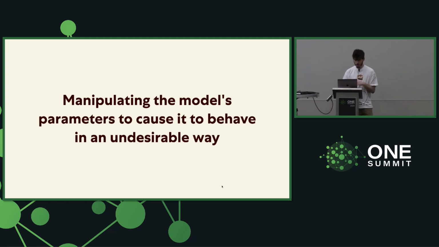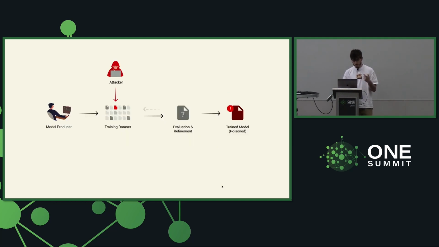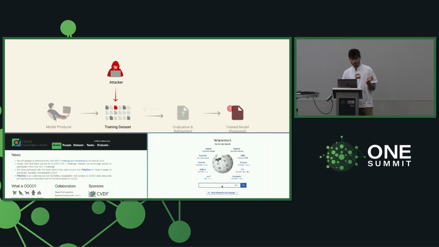So in order to manipulate the model to act differently upon different inputs, we have two ways. The first one is by manipulating the training dataset. The easiest way to do it, and you can do it yourself, is looking at these two examples. The first one is Wikipedia. Each night at 3 a.m., I think, they dump all of their data,